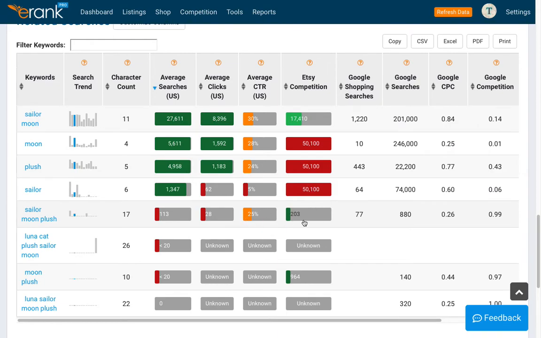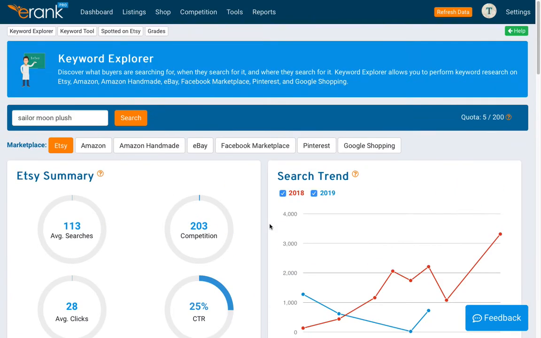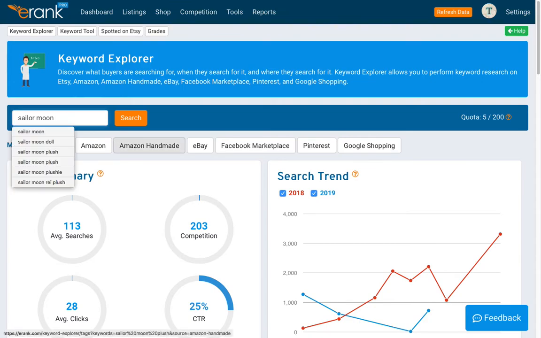And what was really great about that is that there wasn't a lot of competition for that. So you have to weigh all of these factors when you're looking for a keyword phrase. All right, so doll is a little less specific than plush, but it still